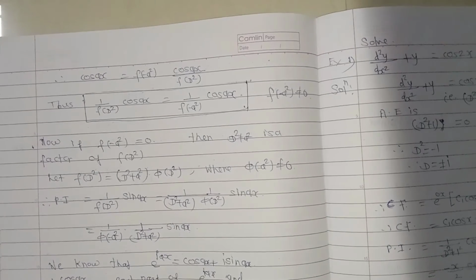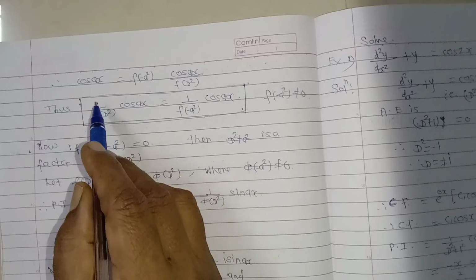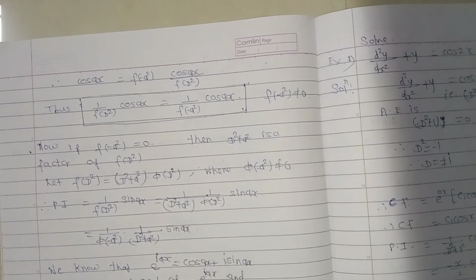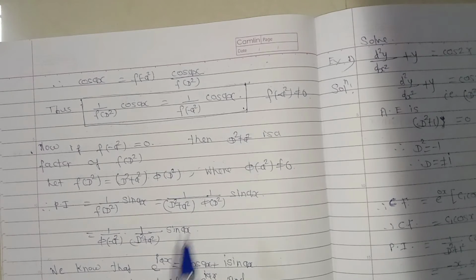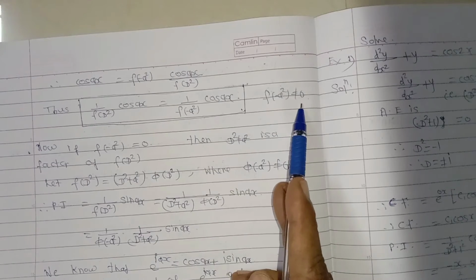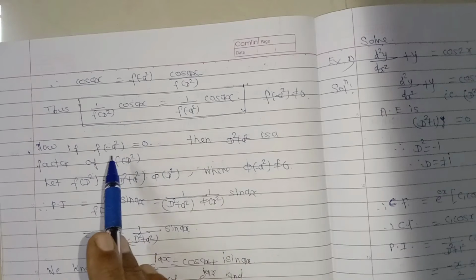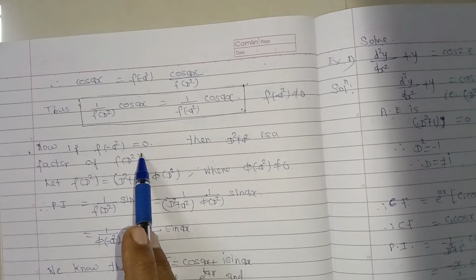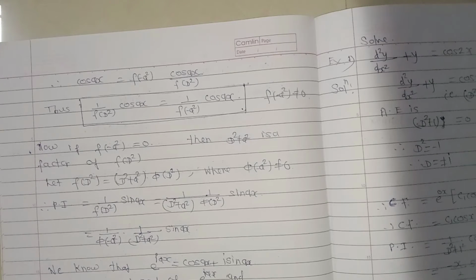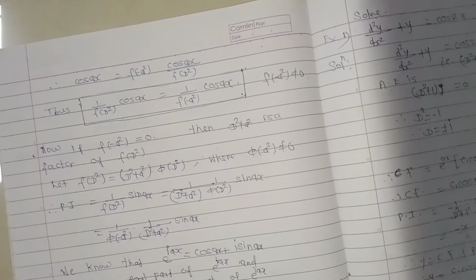Now this result can be stated as 1 upon f of D square operated on cos of ax equals 1 upon f of minus a square, cos of ax, where f of minus a square must not be equal to 0. And when this denominator is 0, then the result is calculated as follows. If f of minus a square equals 0,